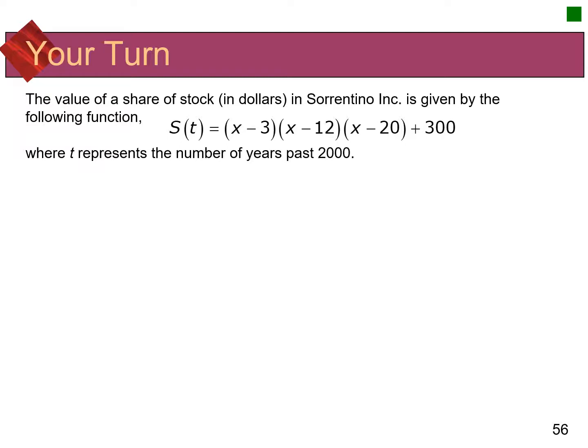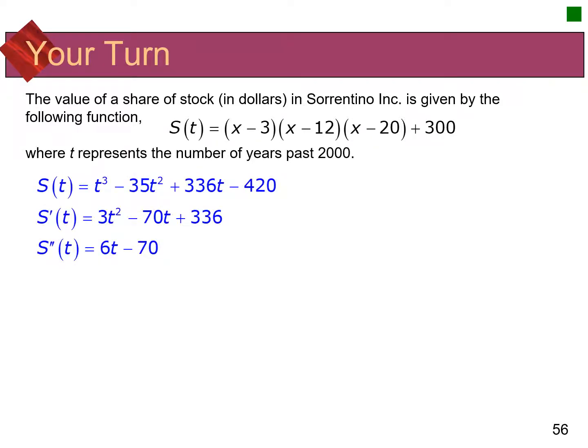I'm going to first look at the function and figure out what the first and second derivatives are, because they're going to lead to me being able to answer these questions. So first of all, I take S of t and I simplify it. I don't show all the foiling and distributive property and combining like terms, but essentially when I simplify that function, I get t to the third power minus 35t squared plus 336t minus 420. With that being the case, it makes